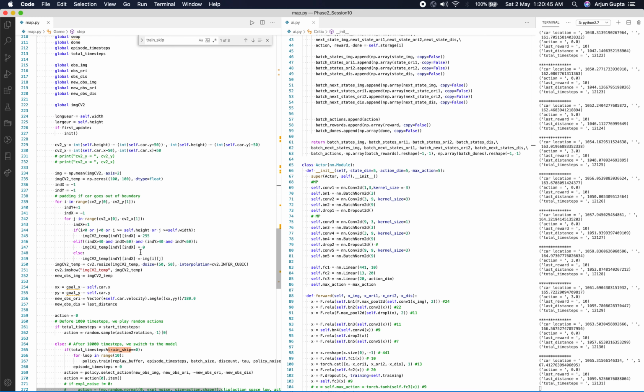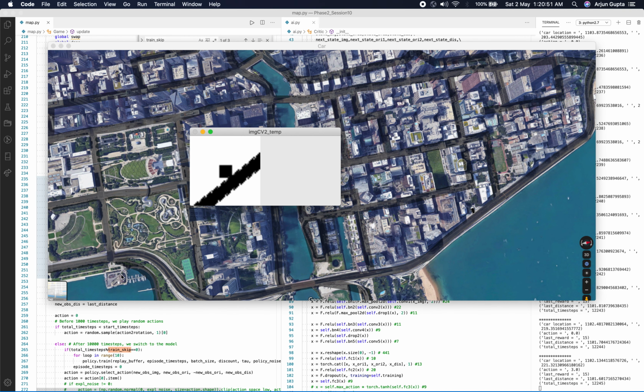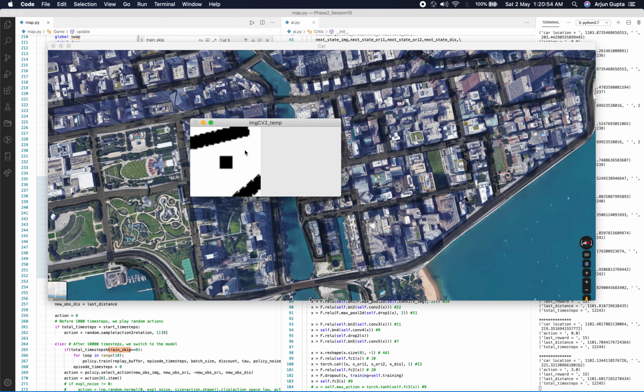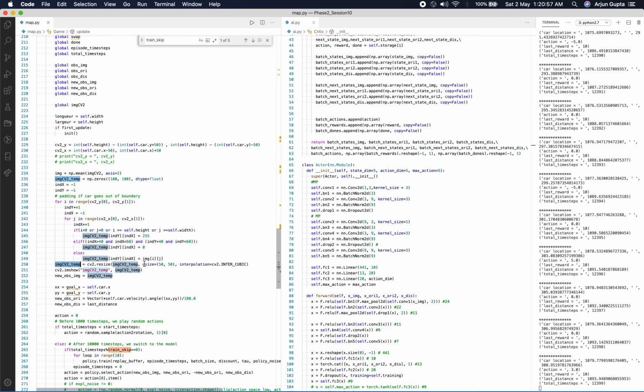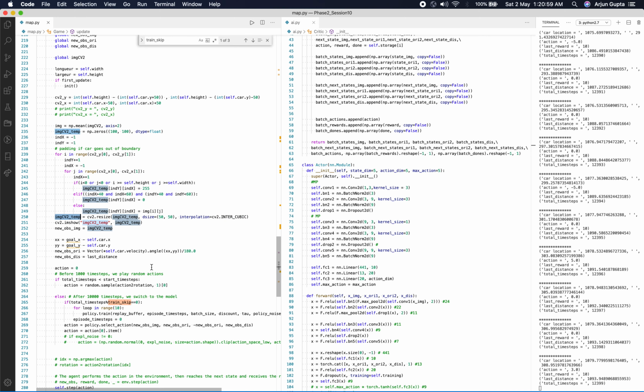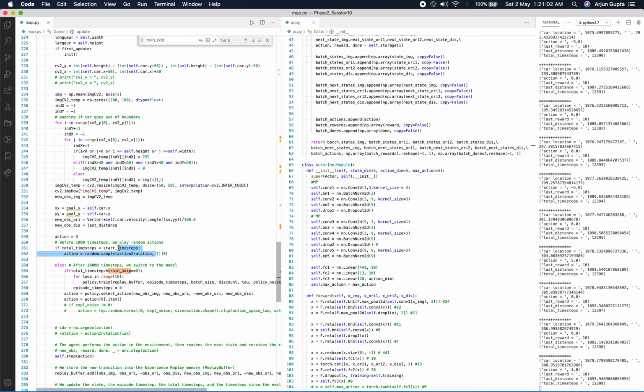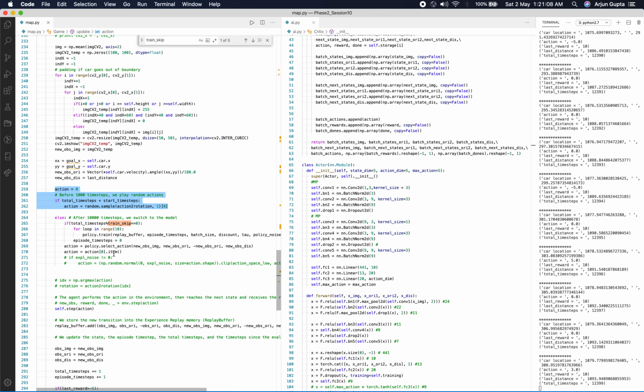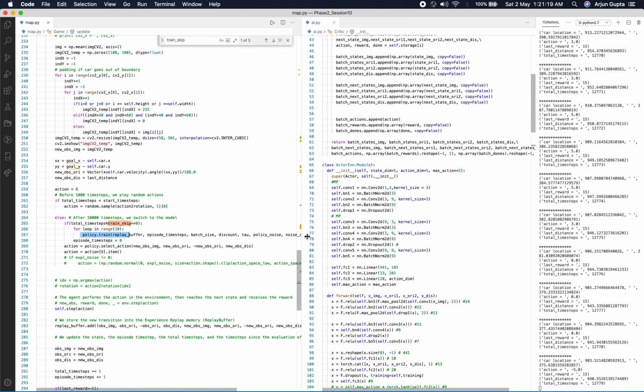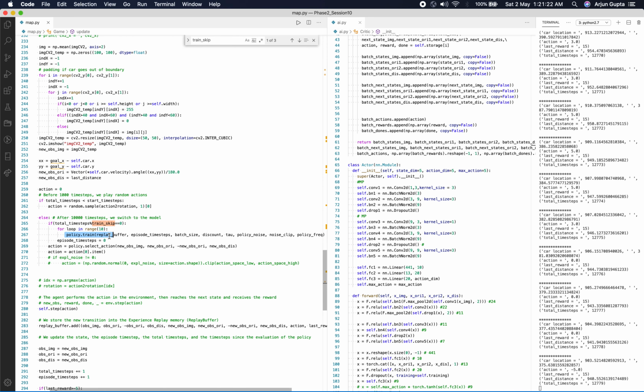Coming to the update function, in the update function here we can see I have processed the image. So the image that we are seeing here, which is going as input, is actually this image cview210. And initially I have set some timer here. So initially it takes random steps, and once the replay buffer has sufficient data to train on, then it goes into this else case, and then the model is trained. So these are some parameters which I have passed for training: replay buffer, episode time set, batch size, and so on.